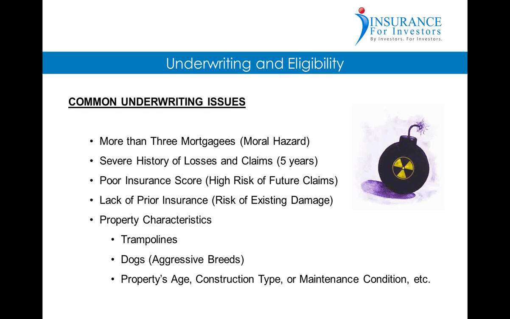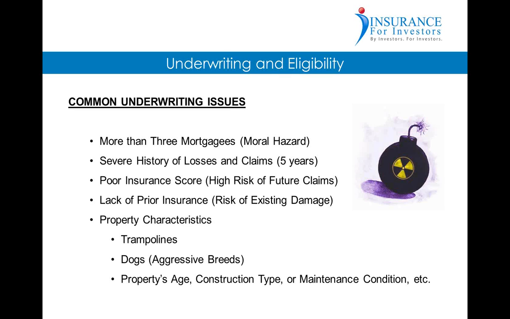The insurance company's going to look at this and go, well, you've owned this home. Why didn't you have insurance on it, and why do you need insurance now? Did a hailstorm come by? Did something happen at the house where now you want to purchase insurance? Wait 3 weeks and say, oh, I just got my policy and look at what happened. Now I need to file a claim. So lack of prior insurance kind of raises the antenna for insurance companies as well, and that's a risk factor.